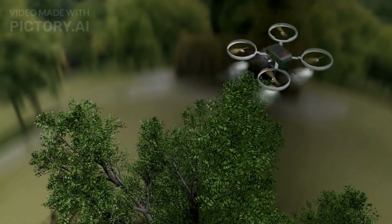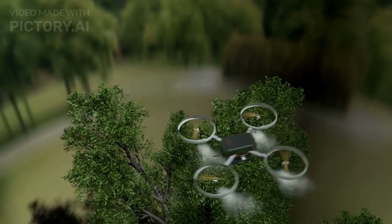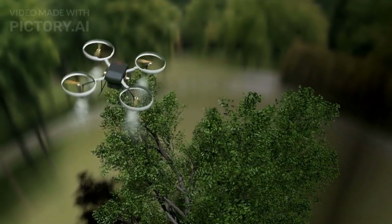In today's video, we are going to explore how drones are transforming the agriculture sector and helping farmers improve their